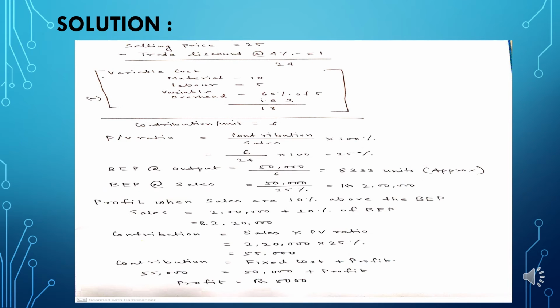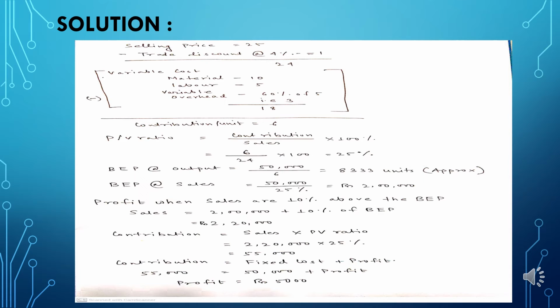Here in the solution, there is a concept of trade discount which has been introduced in this sum. Here I need to remind my students that trade discount is deducted from the initial selling price of the product. As you can see, from the per unit selling price of 25 I have deducted the trade discount value of 4%, that is rupees 1 on each product. So the actual selling price now moves back to rupees 24 per unit.